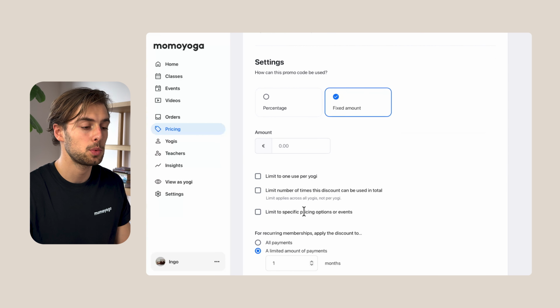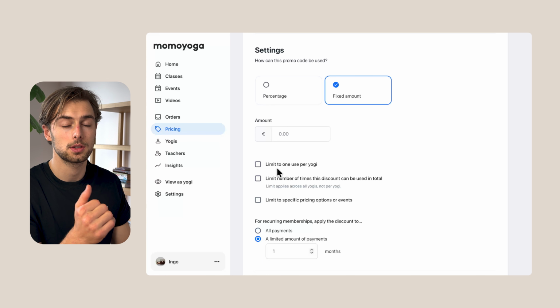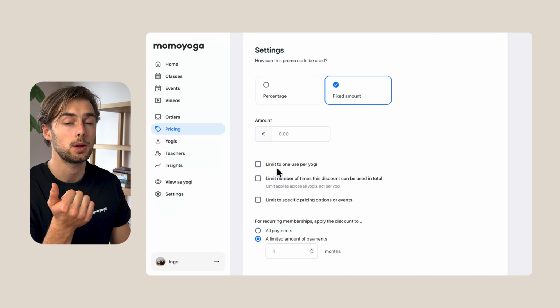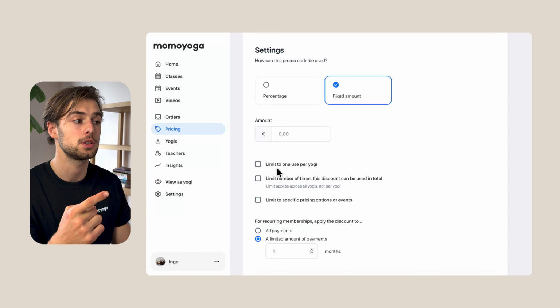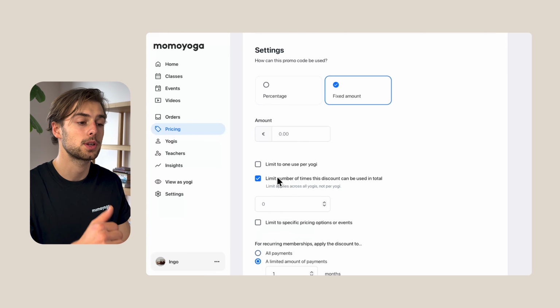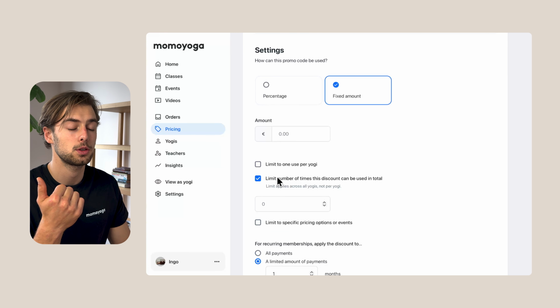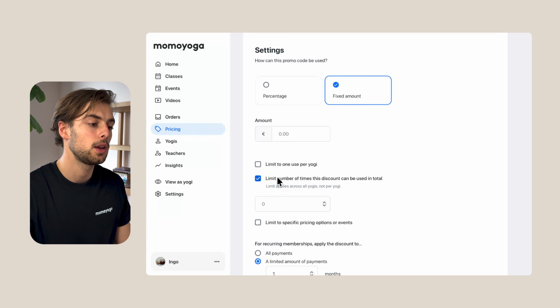Now, if we look at the checkboxes, we'll dive a little bit deeper into it. We can limit the use of this promo code to a one-time use for the yogi. So if a yogi uses it, they will only be able to use this once when buying something. We can also limit the number of times the promo code can be used. For example, if we say 25, in total 25 people will be able to use the discount,